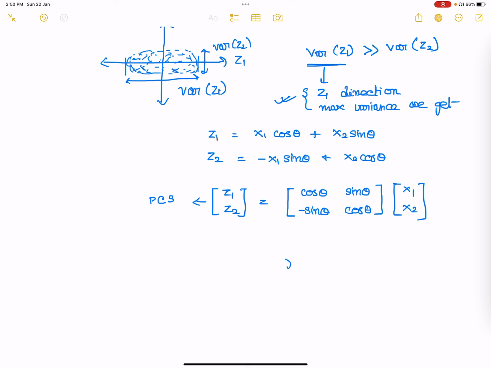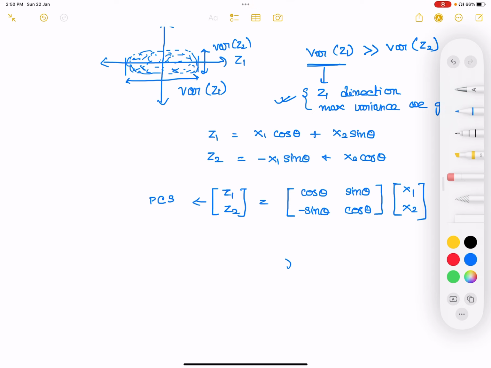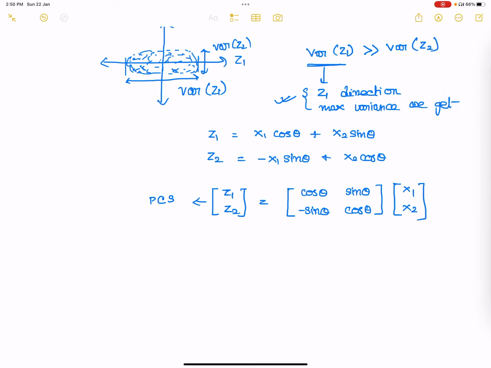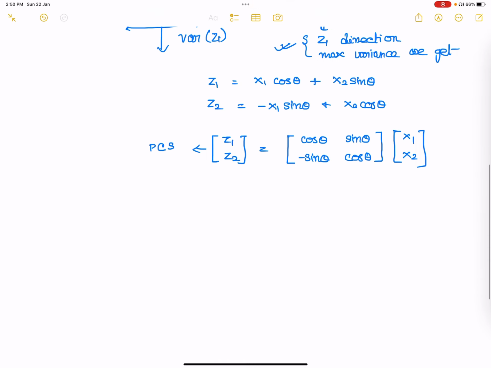Suppose now, instead of two vectors, we have p vectors. So z1, z2, and so on up to zp. Okay, each consists of n elements. So this is now actually 2 by n. This is 2 by 2 now, and this is 2 by n. Okay. So this will be now